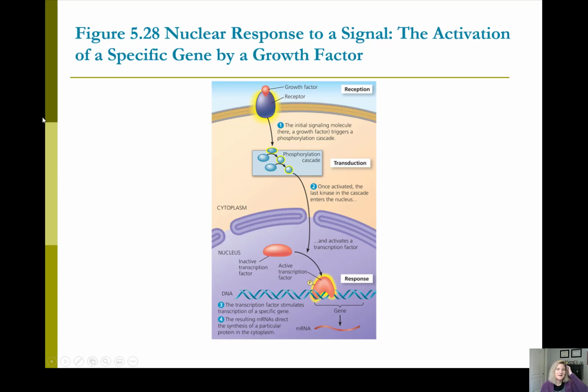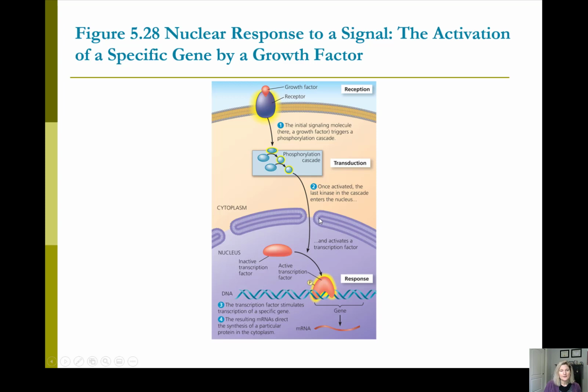And then here's another one. So in this case, this could be an example of where we have a cell that needs to undergo growth, and so it's going to receive the ligand, which happens to be a growth factor, with the receptor site that's embedded in the cell membrane. And that's the reception part, and that's going to lead to this transduction pathway where the growth factor is going to trigger, in this case, a phosphorylation cascade, which will create